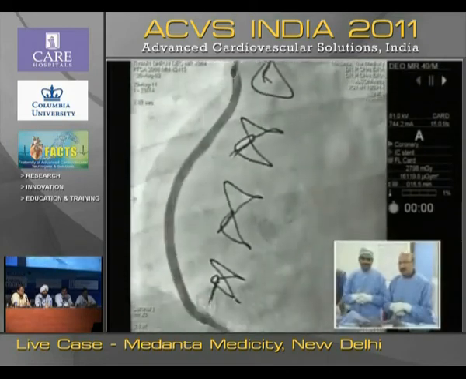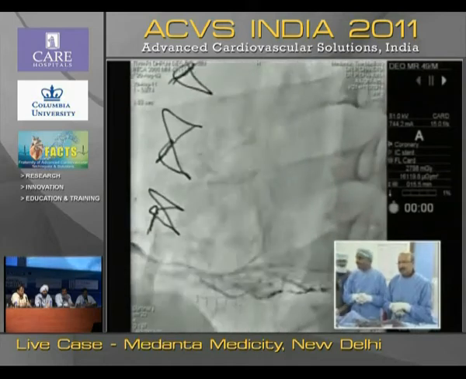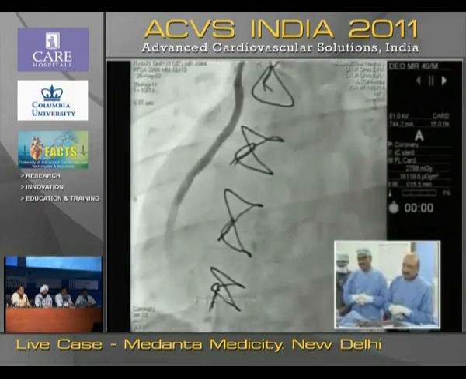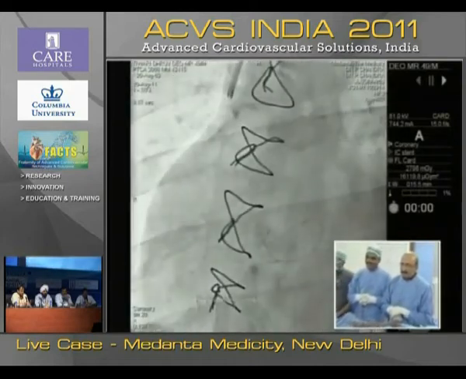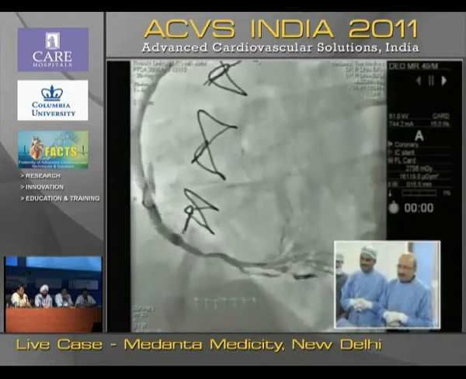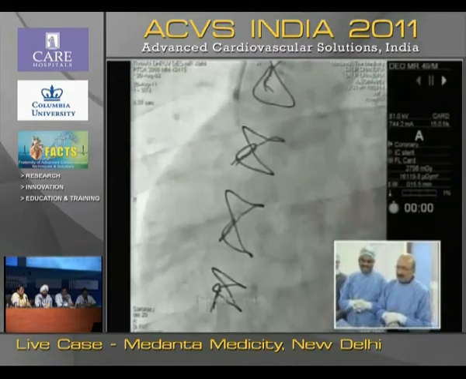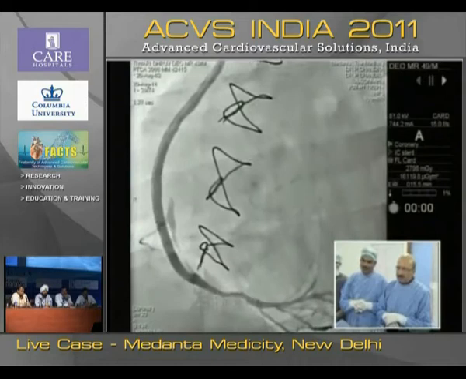Then you have a really challenging case. A young man with all comorbidities, and the tortuosity of the Lima really bothers me, taking all the hardware there, and then the choice of stent. So it's a really challenging case.